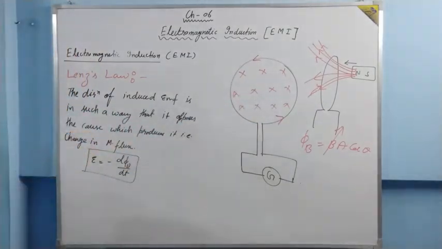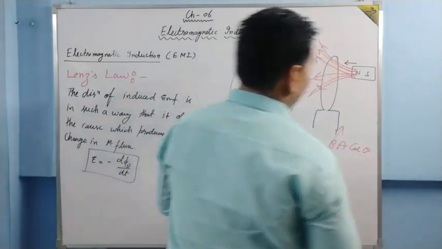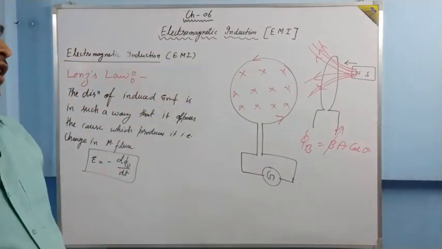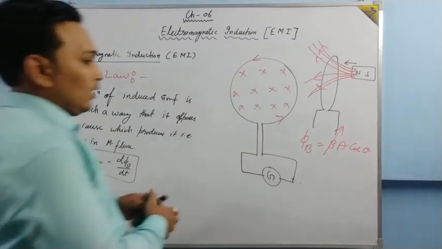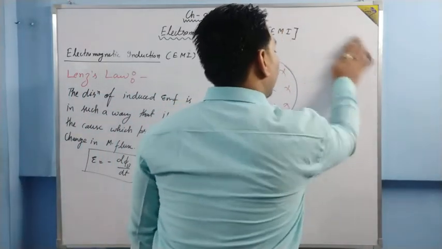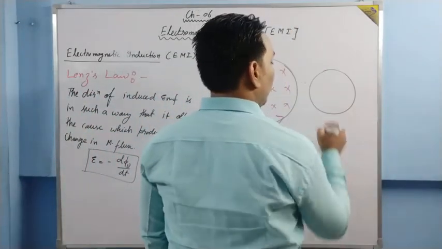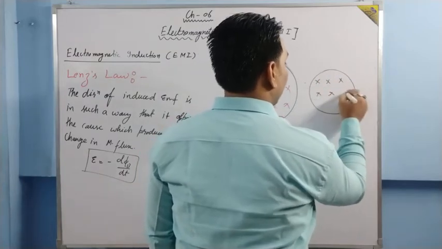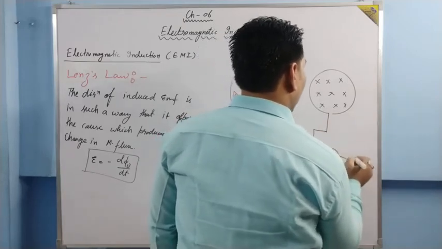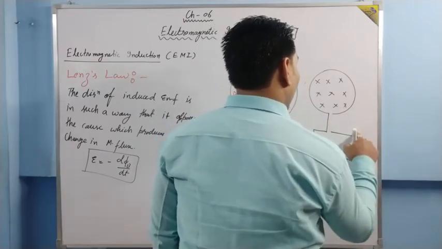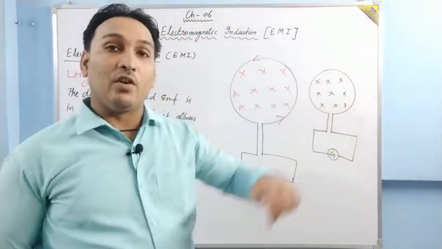The same thing, okay? Suppose this magnet is going away, then what will happen? Obviously, the magnetic flux passing through the loop decreases. Suppose this is the loop, the magnetic field is still in this direction, but now this magnetic field is decreasing. Why? Because the magnet is going away. When this magnetic field starts decreasing, then what will happen?